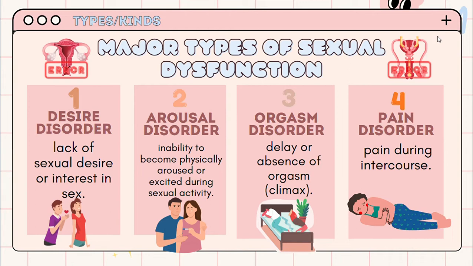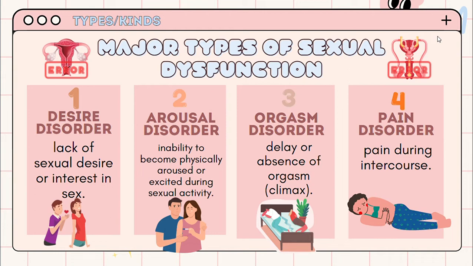So, dito sa desire disorder, parang yung isa sa mag-partner or couple, it's either yung male or female, is walang nararamdaman na kahit na anong sexual arousal. For example, kahit na maghubad ka sa harap niya, or kahit anong gawin mo na pwedeng ma-arouse yung isang tao sa isang sexual activity, hindi siya maa-arouse, hindi siya magiging apektado kahit anong gawin mo.